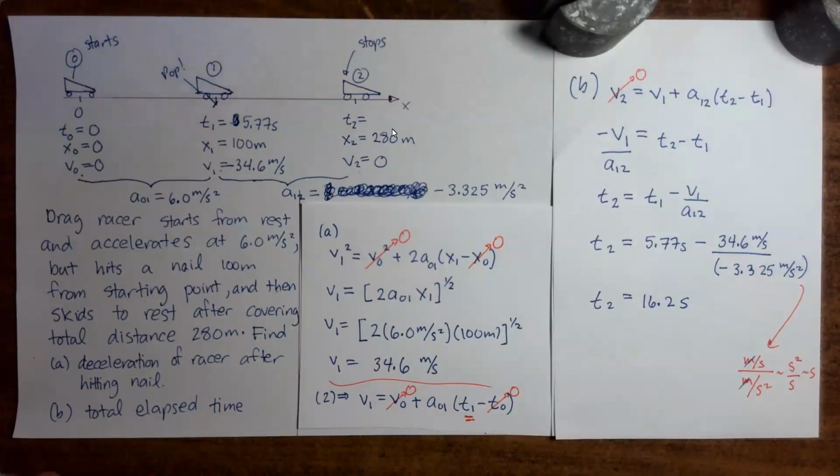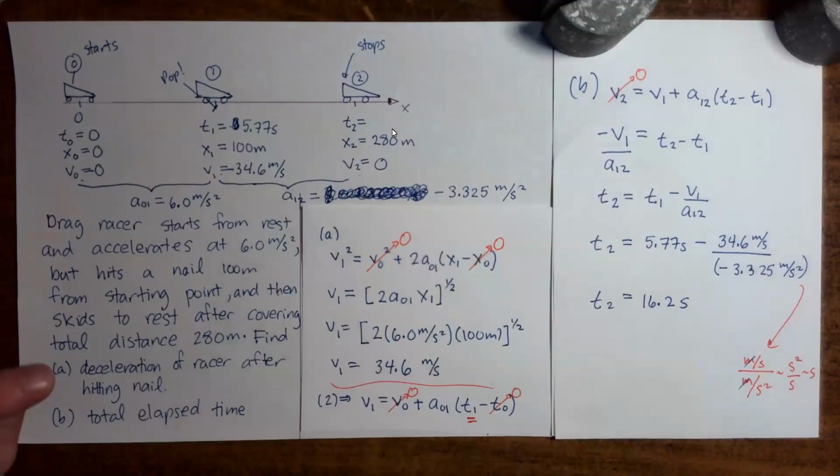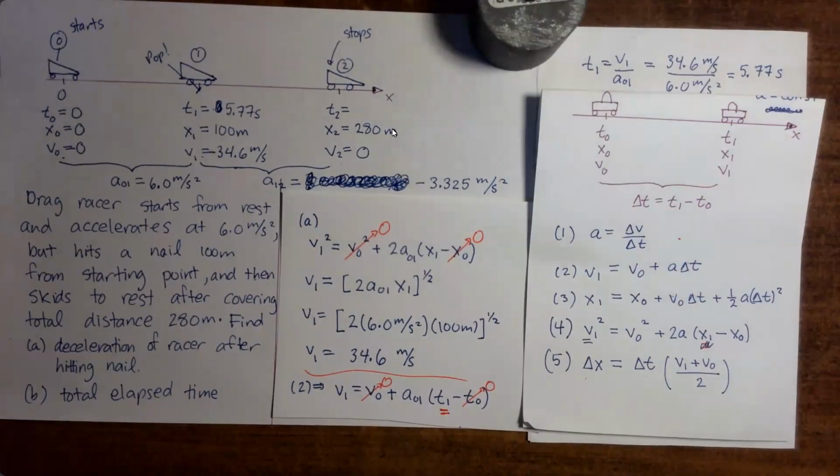And now we have completed our fourth example problem on objects moving with constant acceleration, or in this case, piecewise constant acceleration. And once you have solved symbolically,